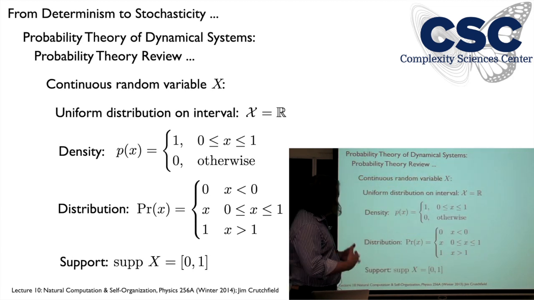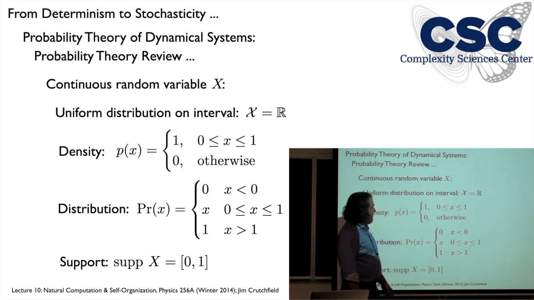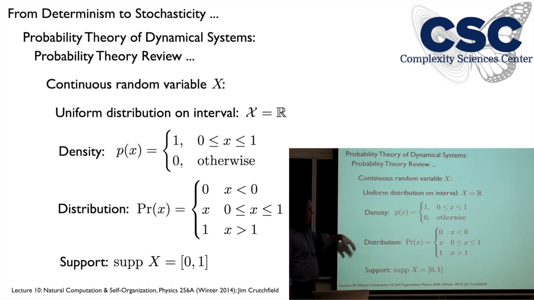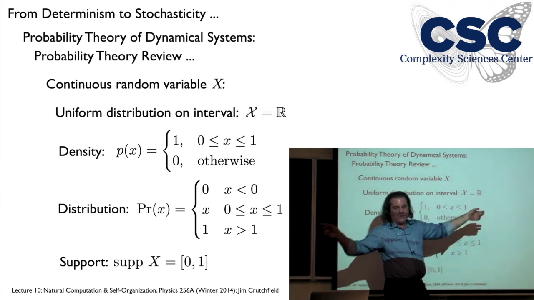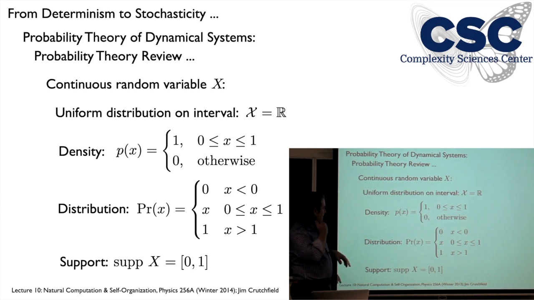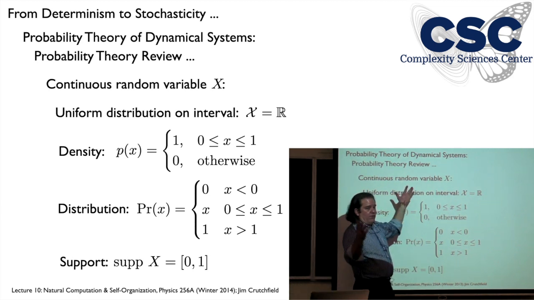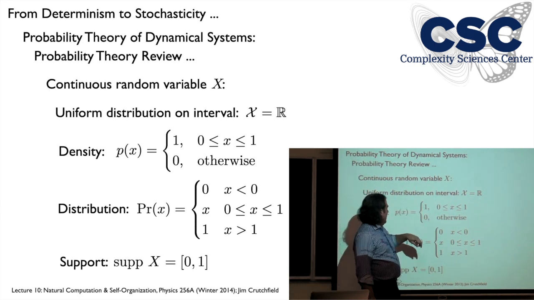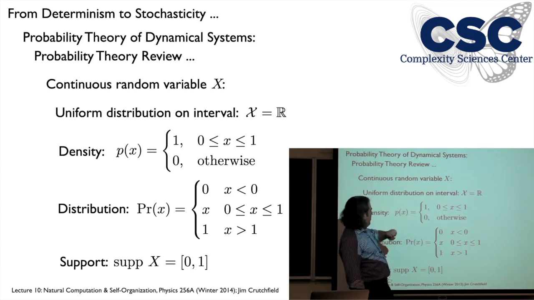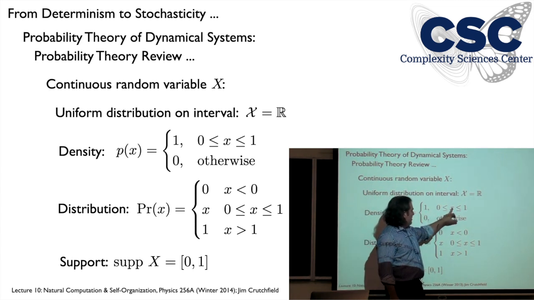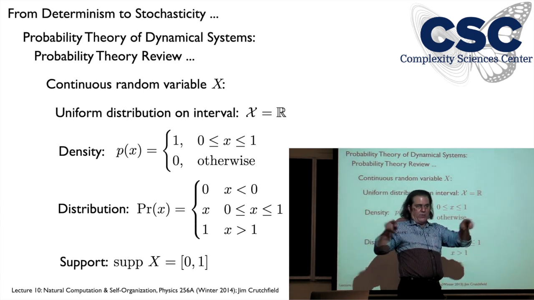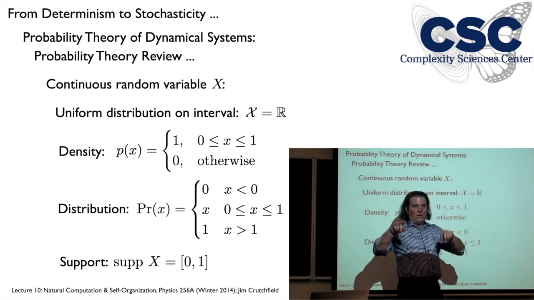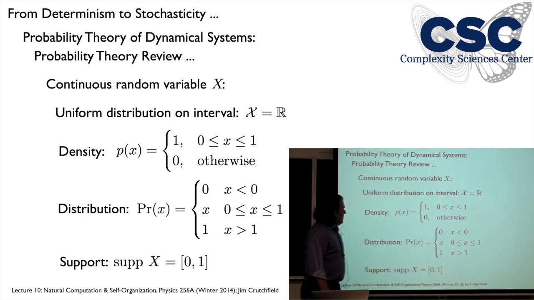Examples, hopefully will help clarify this notion of the difference between a density and distribution. Continuous random variable x, let's take the realizations to be the real line, so just one-dimensional random variable on the real line. And this one is just going to be uniform distribution on the unit interval. So that means that for the probability density, which I find more intuitive, we have probability 1 when the random variable is between 0 and 1, and it's 0 otherwise. So you can imagine in your mind, the plot is 0 everywhere except on 0 to 1. We have this function which has amplitude 1 between 0 and 1.